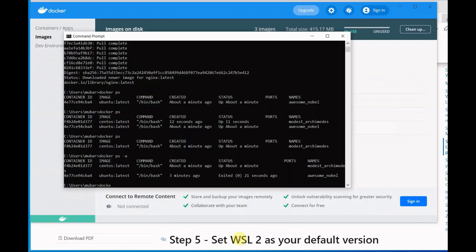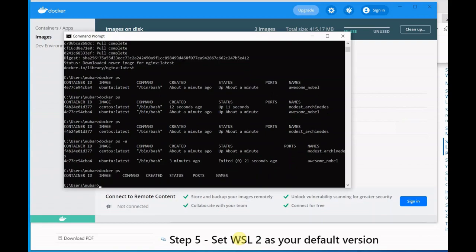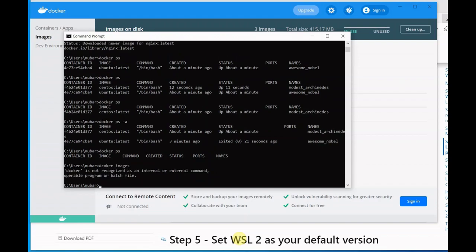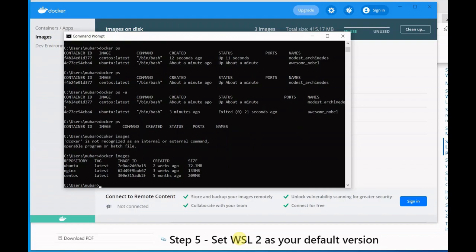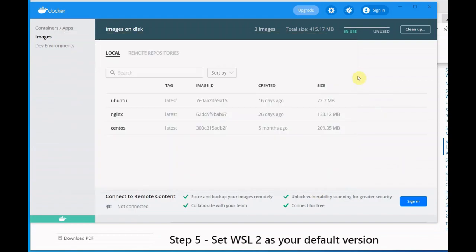We can even verify with docker ps, so it will show container status and available containers. Currently we don't have any container in execution. So let's check how many images it's showing. Docker images. In docker images currently we have 3 in the local repository, so it's showing the 3. Okay, in the local repository.